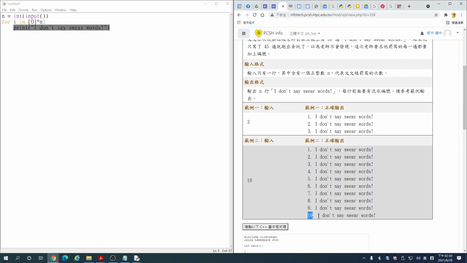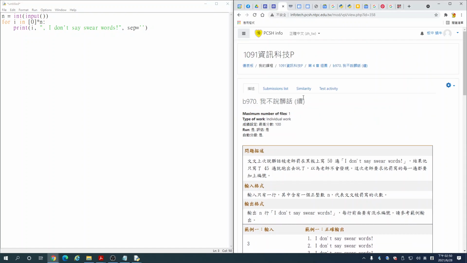So, how are we going to solve this problem? Can we do this? We put out an I and also a comma and space. This time, we don't want to see the extra space, so we set the separator to an empty string. Okay, and then we're going to